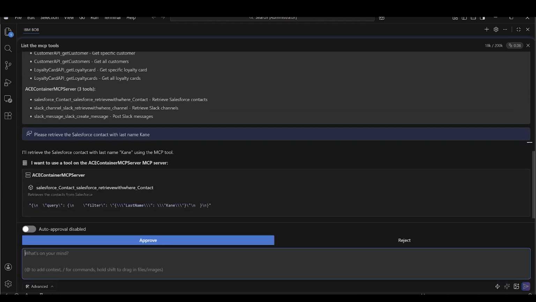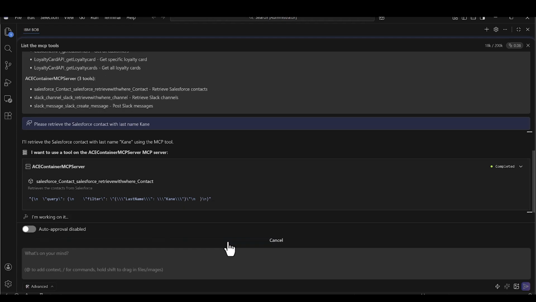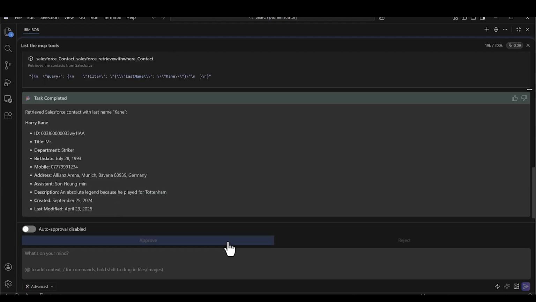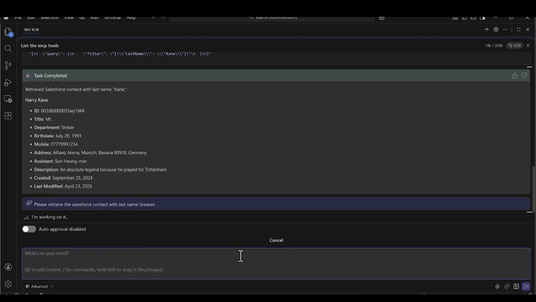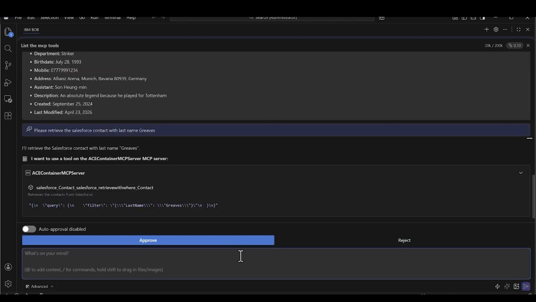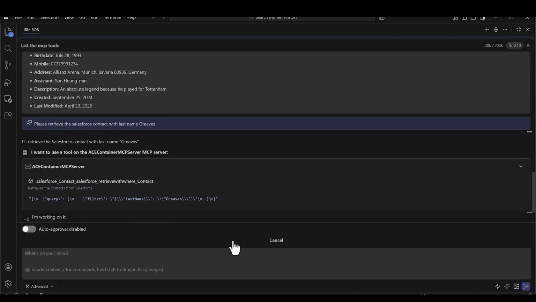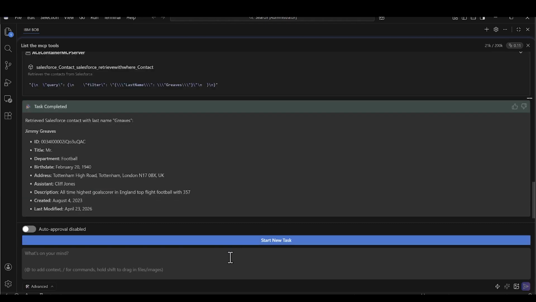I also don't have to mention anything about ACE or have any knowledge of the underpinning infrastructure which is used to answer the question. The query goes through the MCP server and through ACE and gathers back a bunch of information about Harry Kane, including his date of birth, address, and a description. Next, we're going to repeat a similar query to find out about Jimmy Greaves. Again, the reply is laid out nicely once it completes here with about 10 bullets providing information from Salesforce all